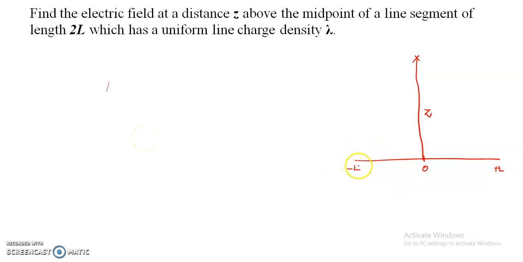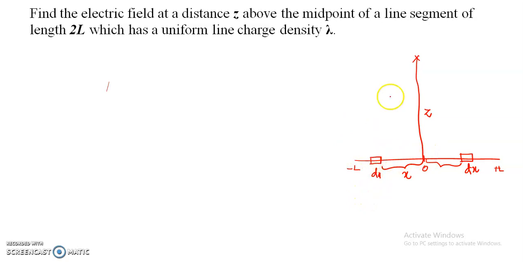For simple calculation, let us assume that the line segment is entirely divided into small segments of length dx. Let us consider such a small element dx at a distance x from the origin O. If we have a line segment dx at a distance x from the origin on the left side, similarly we will have its pair at the same distance x on the right side of the midpoint of the line segment. Its length is dx.